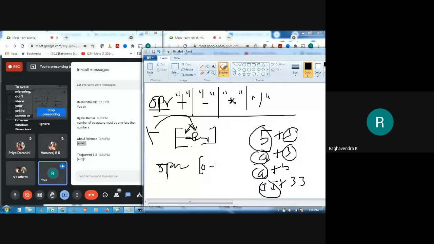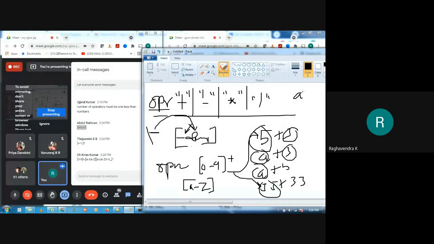So 0 to 9 plus. Okay, so we'll match any of these types. Okay, A to Z, A to Z. That's it, sufficient, right? So we will not write like A and BB or something. If you write like that, then simply put a plus. That's it, right? So you can write a rule like this. If that is the case, then you can consider that it is an operand, right? So one more answer I have got.